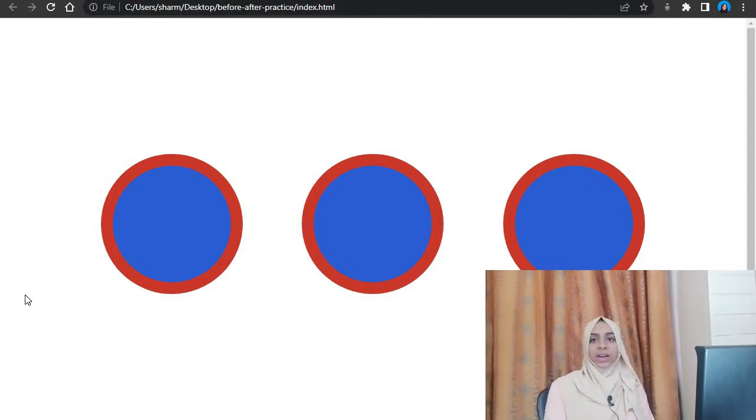So yeah, with that said, today in this video we will be looking at a few different examples for using before and after. If you guys don't know what before and after is, then before and after are pseudo elements that are used to add different things to your page, which don't actually come from your HTML document or HTML structure. It's via CSS that you add your pseudo elements in the before and after.